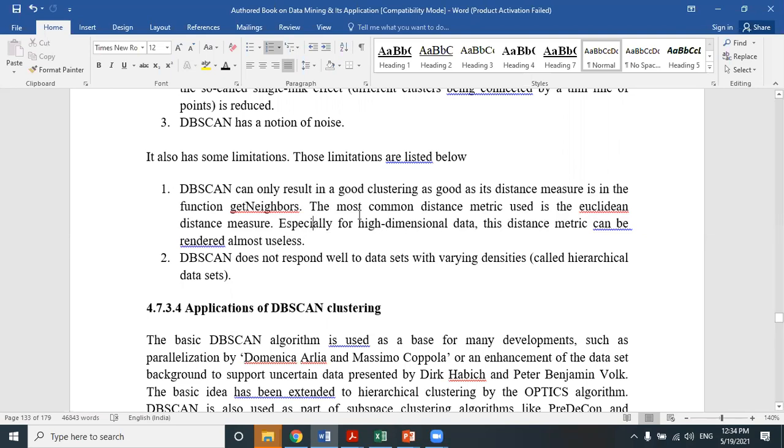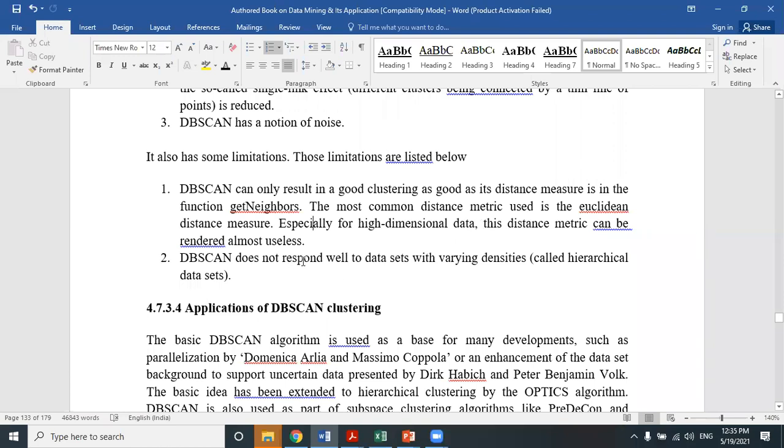In case of high dimensional data, if we use a Euclidean or Manhattan distance measure, these distance measures will fail. So obviously DBScan, k-means, k-medians, all are generally based on distance measures like Euclidean or Manhattan, so all these clustering algorithms are not suitable for high dimensional data, right?